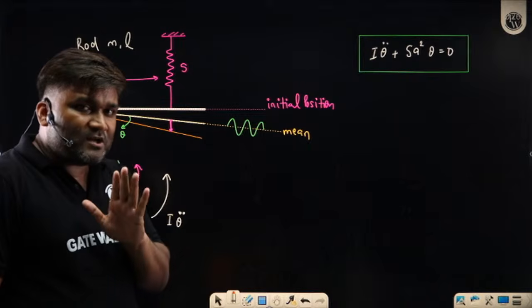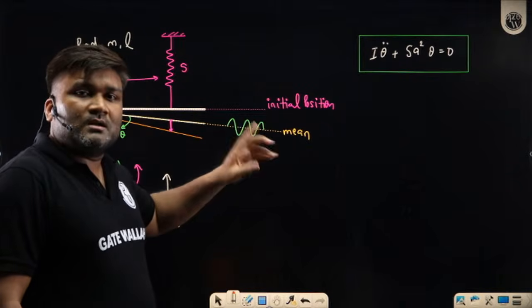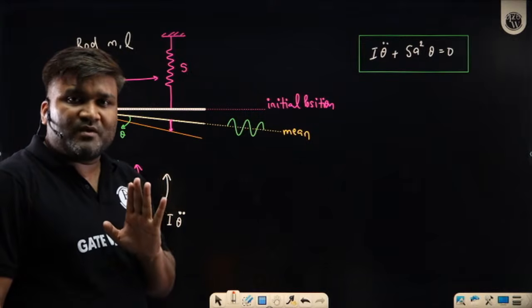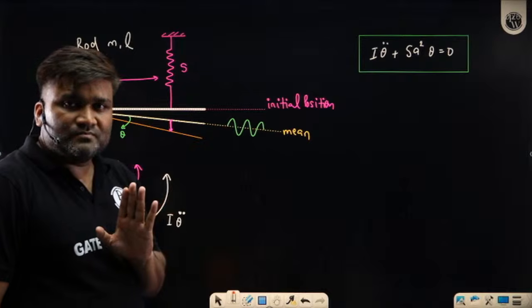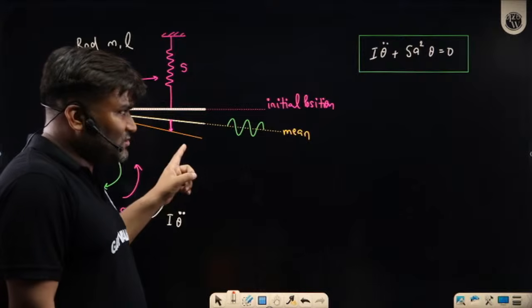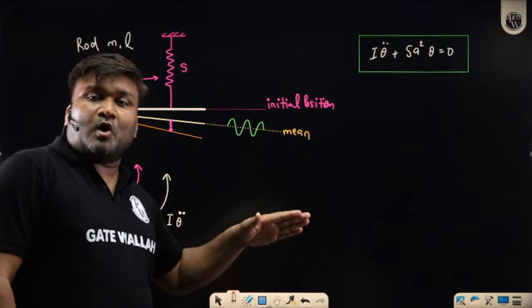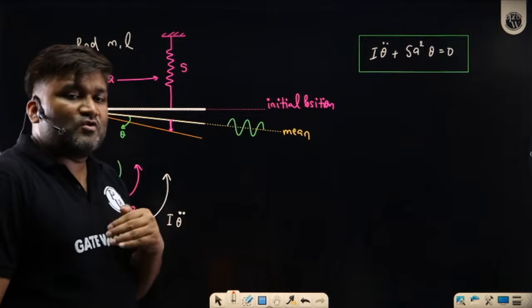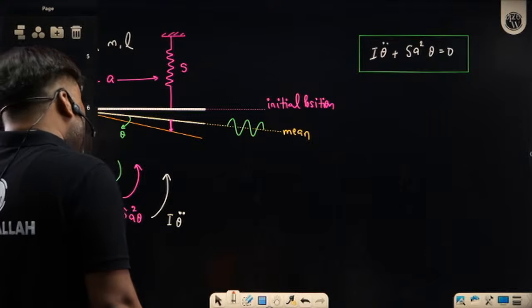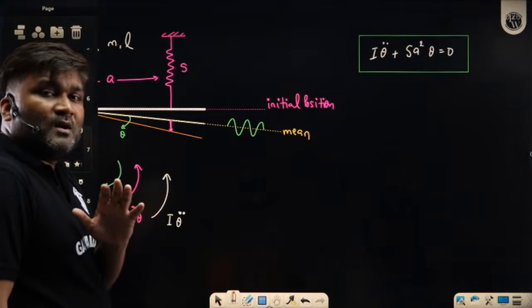Is it clear to everyone? So vertical or horizontal things are going to be different. I hope this is clear to everyone. Okay, keep this in mind. In examinations, multiple times they have asked questions where sometimes they have given the system vertical, sometimes horizontal. So whether you have to consider weight or not, be careful. This is not a numerical I'm solving in front of you. I'm just giving you a beautiful concept.